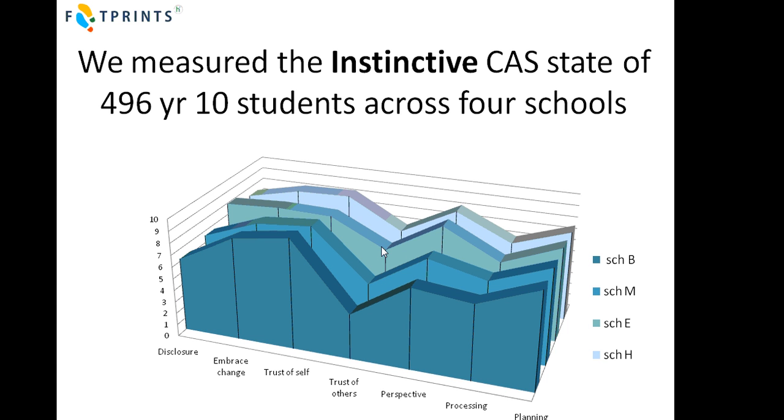In other words, if we took a mean of their situational CAS scores when they were engaging in school context across all of their different lessons, would it show any variance from their instinctive state? In other words, was their CAS changed by their participation and engagement in school? So let me just overlay the ecological school scores and see what happens.